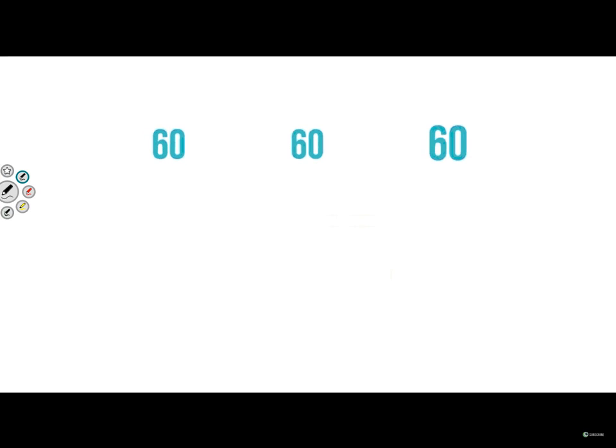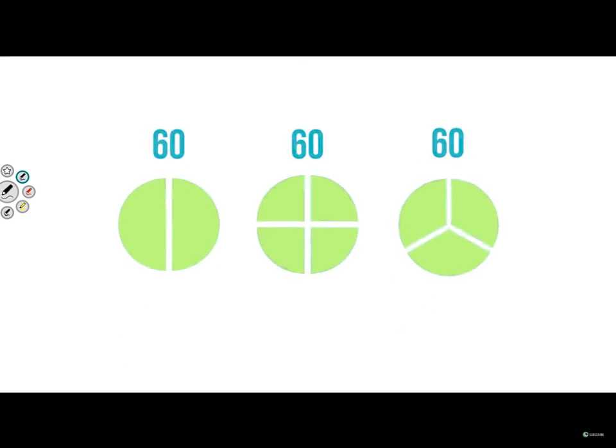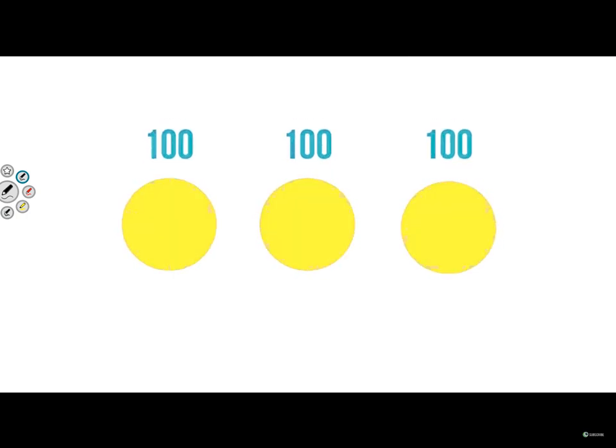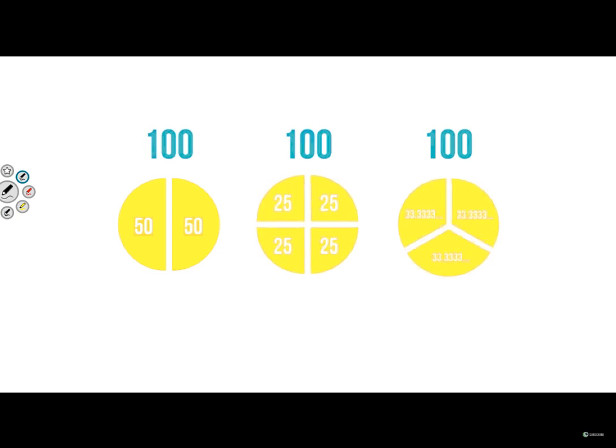Imagine it like this. Using 60 as a base number, you can half, quarter, and third it very easily. Half equals 30, a quarter equals 15, and a third equals 20. Nice round numbers. Now let's do it with 100. Half equals 50, a quarter equals 25, and a third equals 33.3 recurring. Sumerians and Babylonians worked out that day-to-day calculation would be much easier using 60 rather than 100 or any other